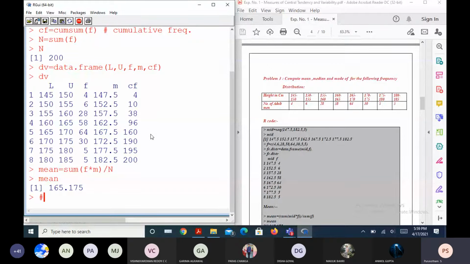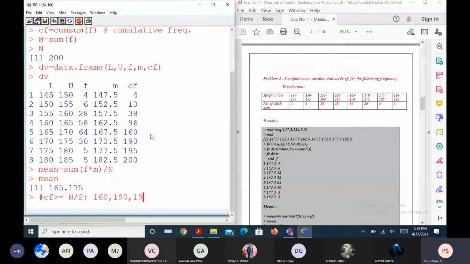The CF which is greater than or equal to n by 2, now what are the values here? It is coming 160, 190, 195 and 200.